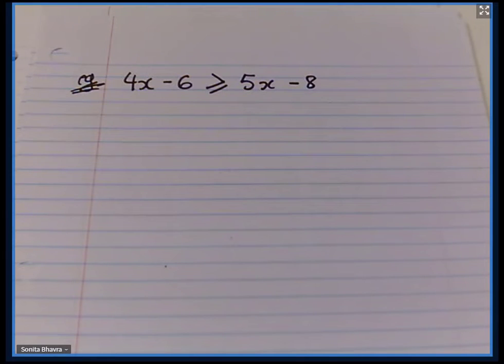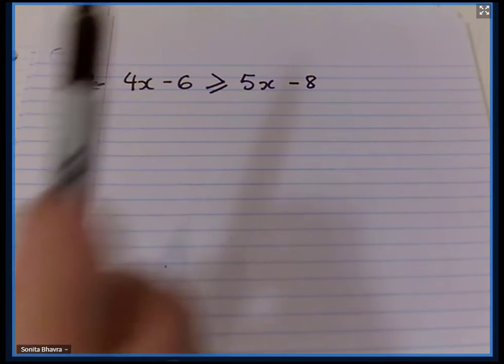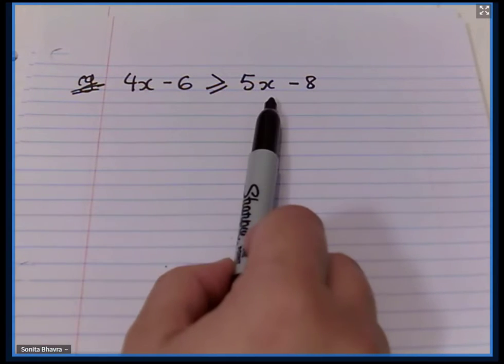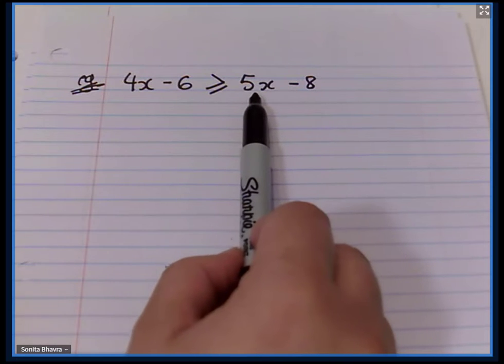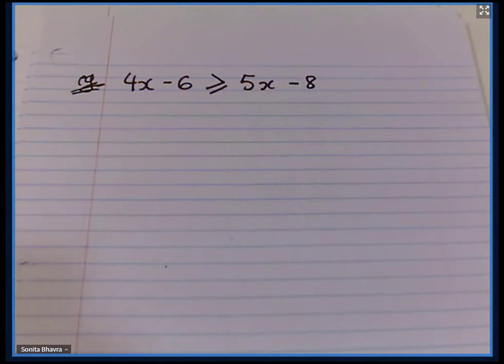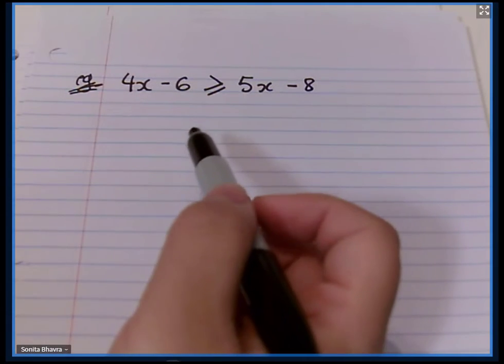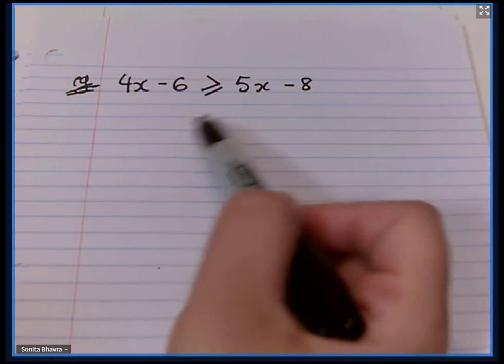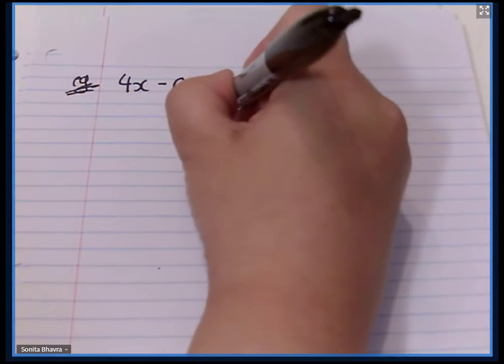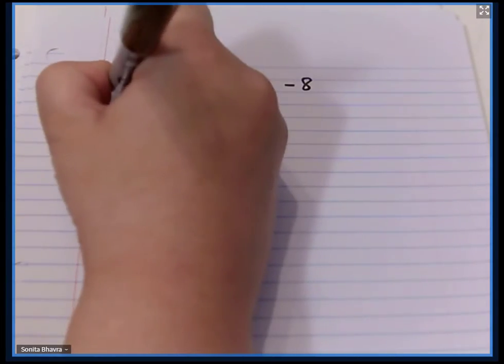All right, so let's take a look at this example. We have 4x minus 6 is greater than and equal to 5x minus 8. So I'm going to show this two ways because you might have moved the 4x to the left side or you might have moved the 5x to the left side. Either way, you would end up with the same answer, and I'm just going to go over both methods. So the first method I'm going to go over is I'm going to take the 5x and move it to the left side. So if I subtract 5x, subtract 5x,